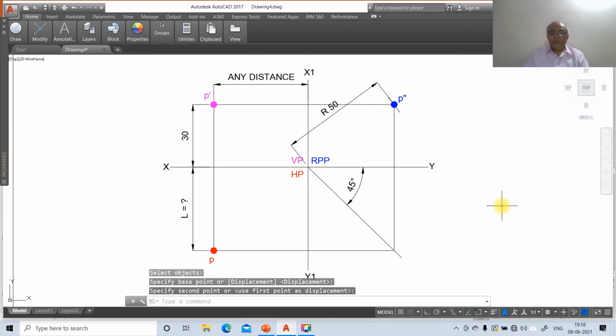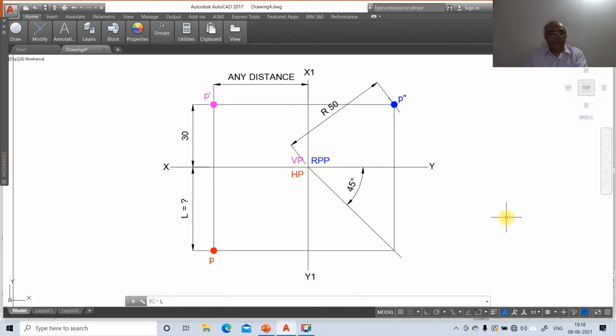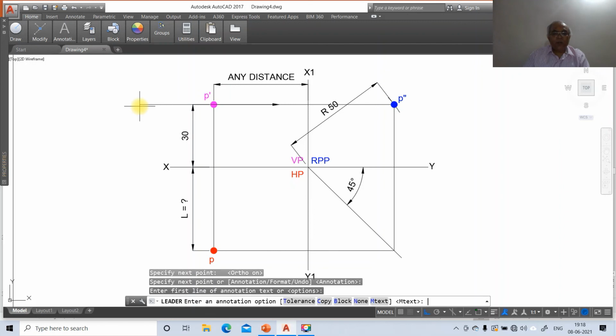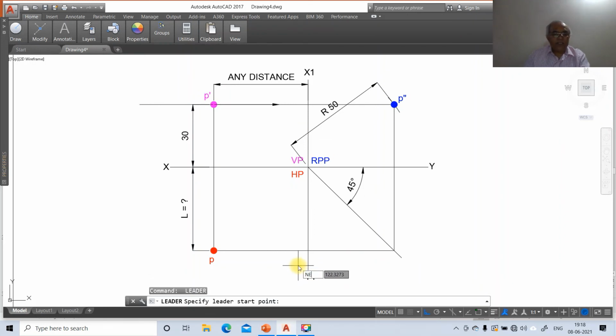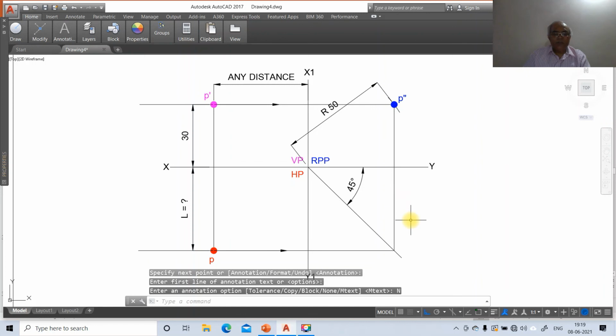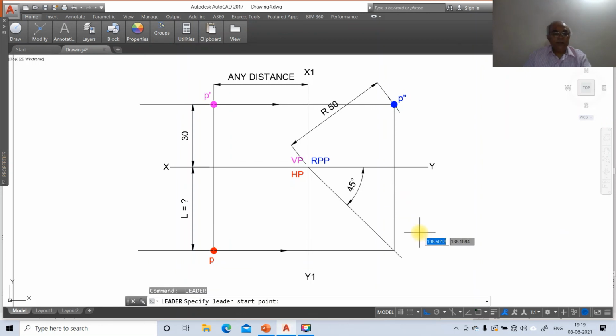Now we need to draw the arrowheads, projections. So go to leader, take nearest, click on this, switch on the ortho mode and go to annotation option none. Similarly, leader, take nearest, select this and take annotation option none. Similarly, nearest, so here it should be in the other direction.